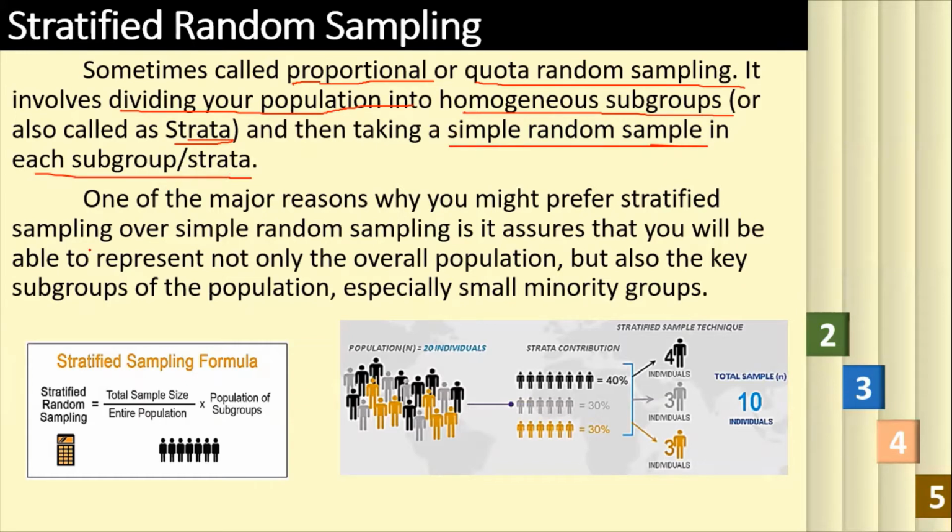One reason you might prefer this one kesa sa simple random sampling is that this assures you that you will be able to represent not only the overall population, but also the key subgroups of the group, especially small minority groups. So, for example,